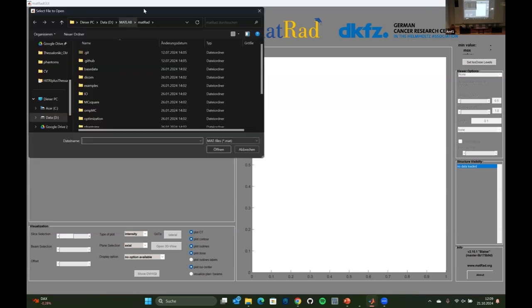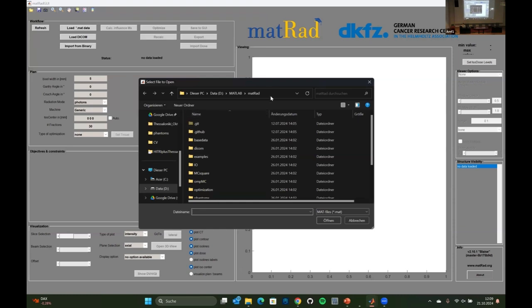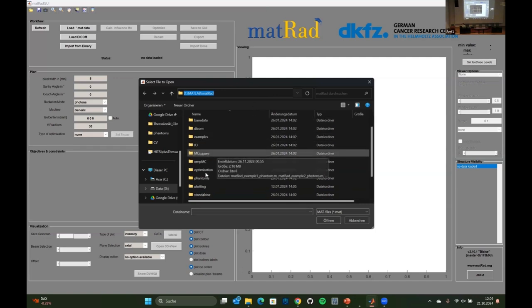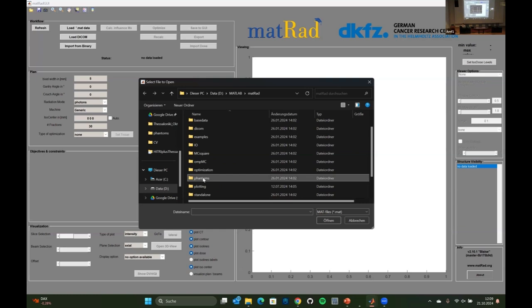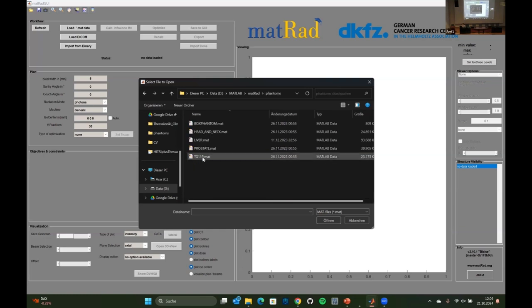And it will query you to look for the data. This is only for those who have the source code: your data is actually in the Phantoms folder. So if you go into the Phantoms folder, you will find